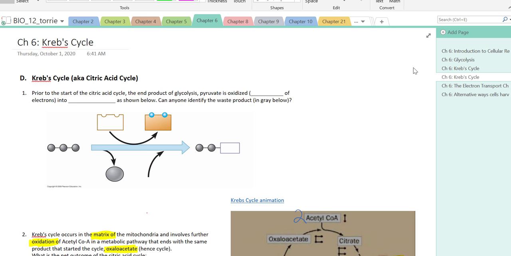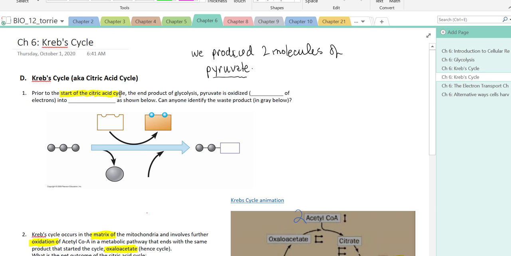Hey everyone, so this is our second stage of cellular respiration, and this is our Krebs cycle. What I want you to remember is that at the end of glycolysis, we produced two molecules of pyruvate. And so prior to the Krebs cycle starting,